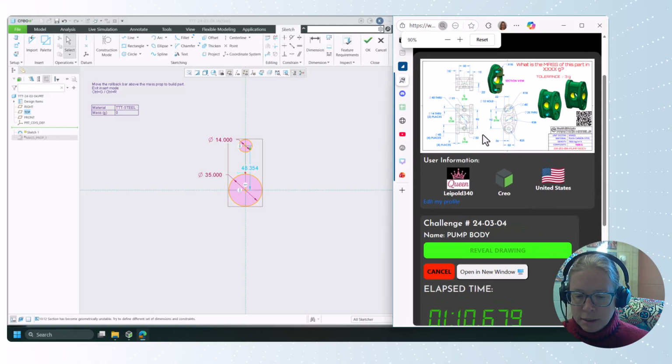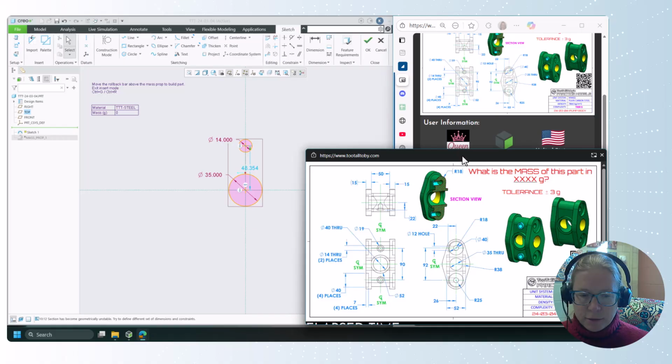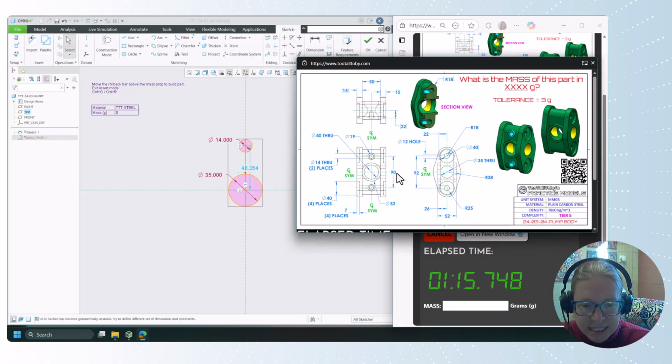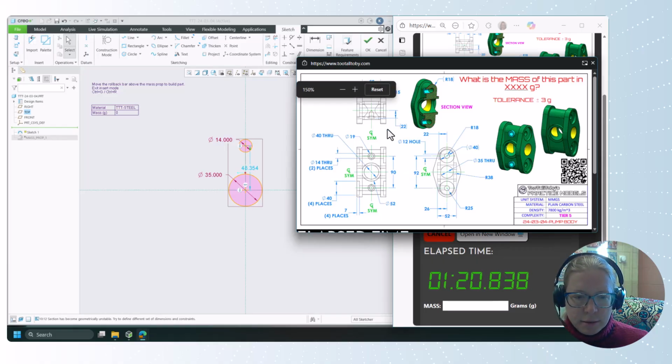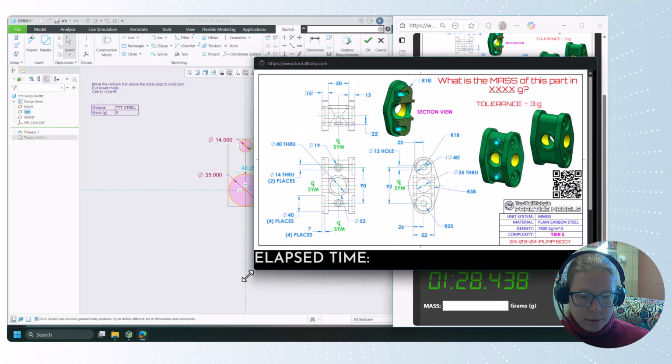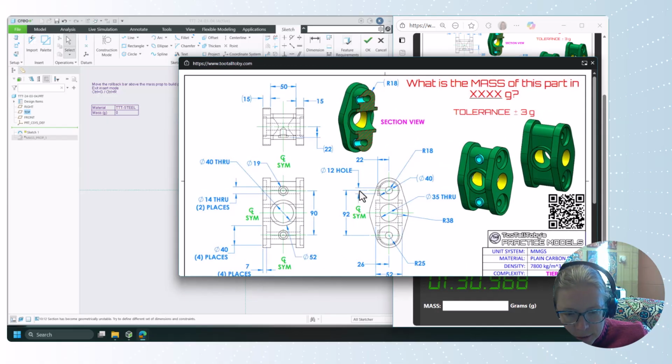No, we don't. Let's try open a new window. There we go. So the 90 is shown going to, yeah, that's not working either. All right. The 92 is going to the center of the holes, the viewable from the right-hand side, and the 90 goes to the holes that are viewable from the front. It is a little challenging to really make that clear, but